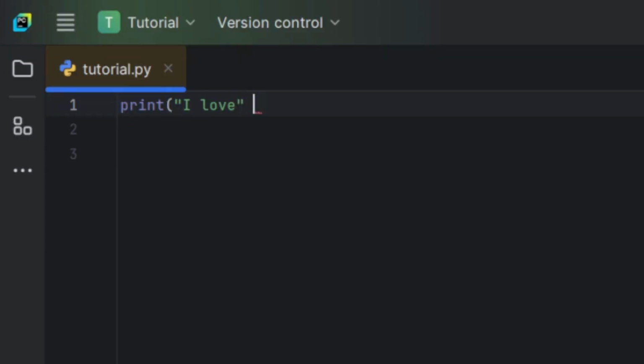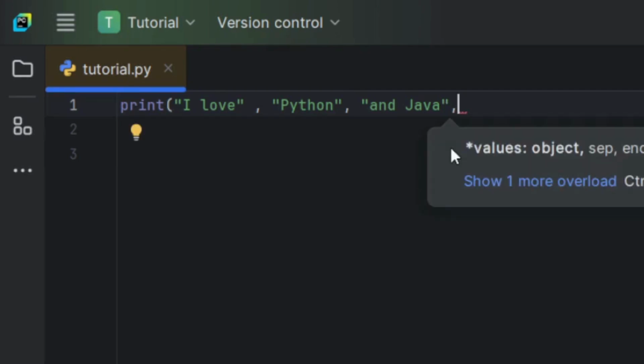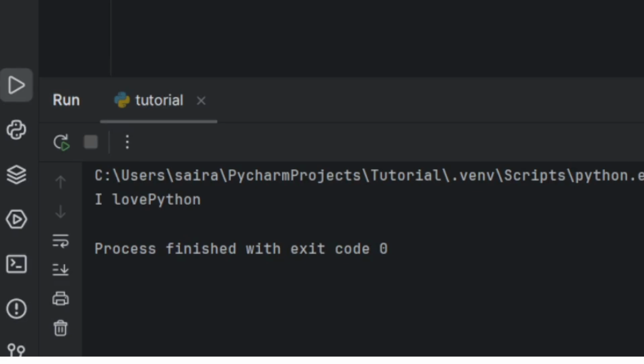Let's take "I love", comma, "Python", comma, and "Java", and let's end it over here. Normally, the output will come like this. I love Python and Java, with spaces between each of the arguments.